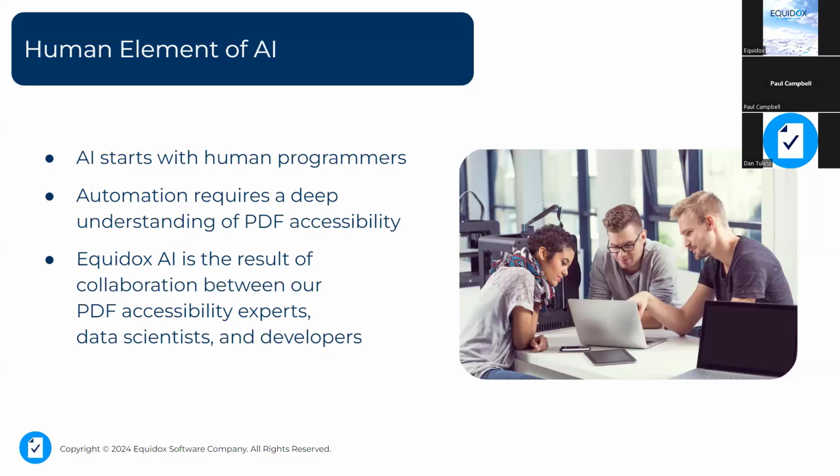So, incorporating artificial intelligence, more specifically computer vision and machine learning, into high volume PDF remediation, this allows our accessibility experts to train AI models to accurately identify and tag all of the elements in the document template. The use of AI developed by our data scientists paired with the human element of our trained accessibility experts allows for incredibly accurate, usable, and compliant PDFs to be returned to the customer in a fraction of the time.